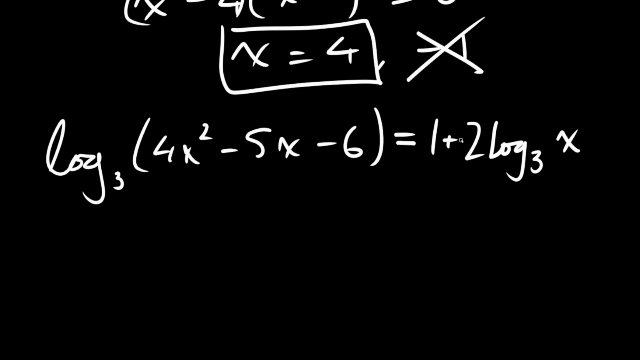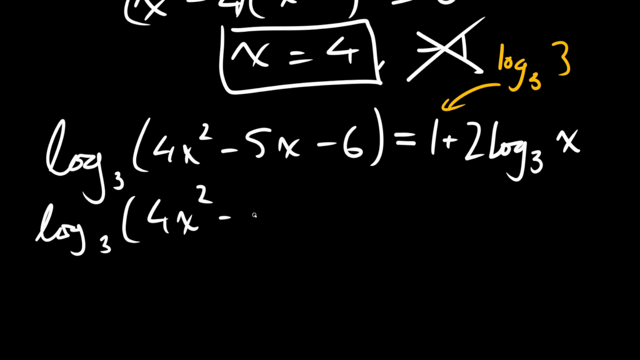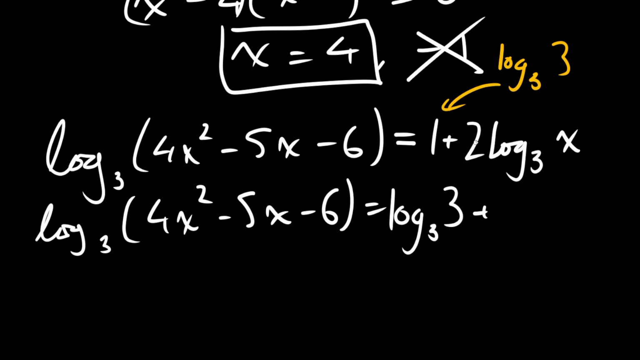So we're trying to get to the same base as everything. We could raise both sides to the power of 3, but this would take a little bit more working. So I'm going to instead write 1 as log base 3 of 3, because log base anything of itself is just equal to 1, right? So log base 3 of 4x squared minus 5x minus 6 equals log base 3 of 3 plus 2